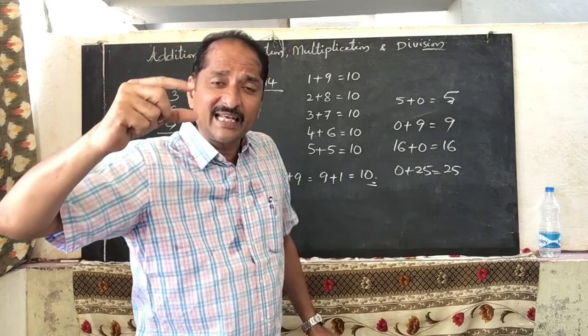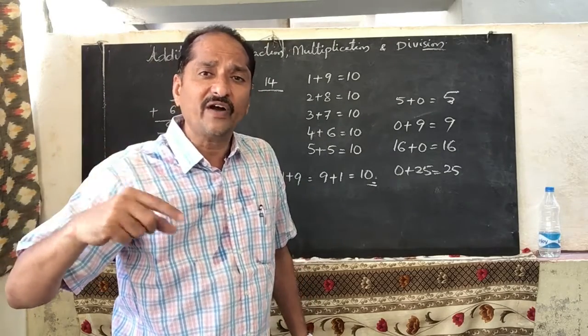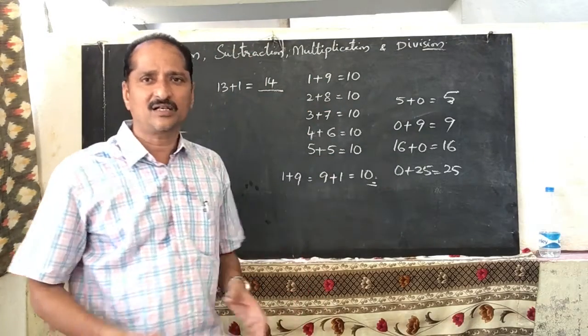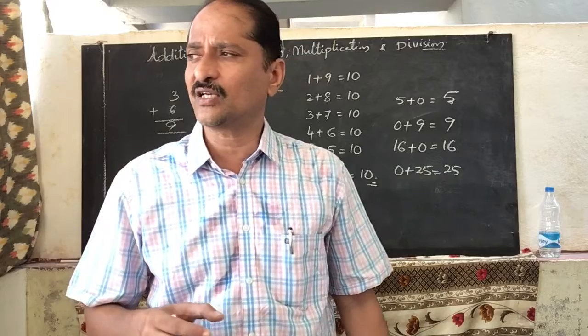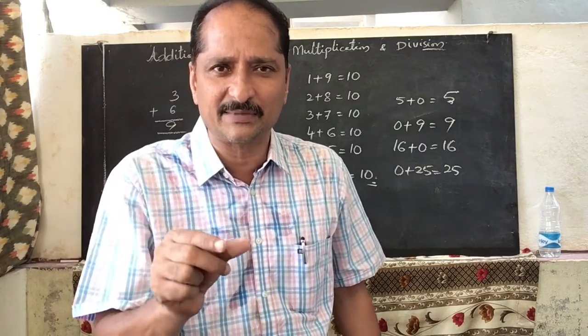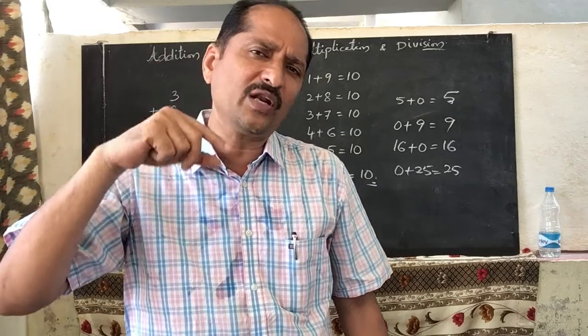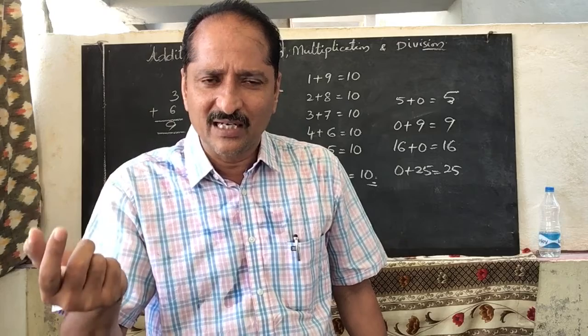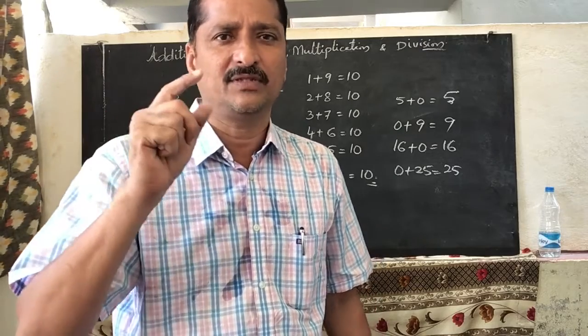Now, by taking some more examples, let us see how to find the addition in the simplest way. Whenever you are writing numbers, write ones place under ones place, tens place under tens place, hundreds place under hundreds place. If a number contains more digits, how do you add? If you are adding, you will get a sum. That we can see now.